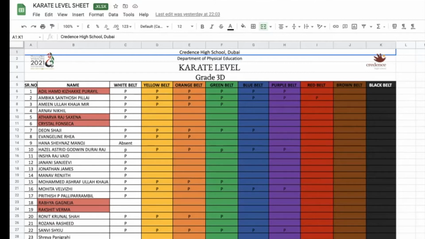Because the moment that they submit on Seesaw, I am going to check it. And after checking it, I'm going to put the remark pass or fail.